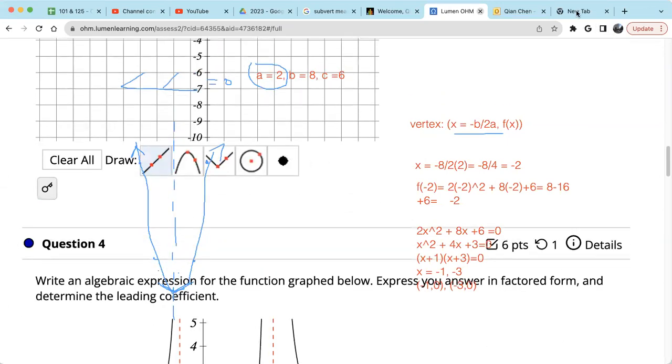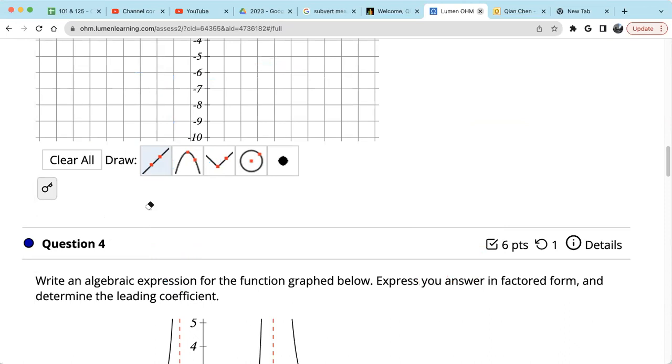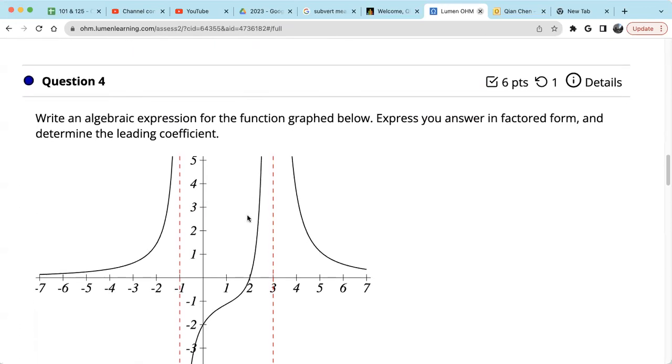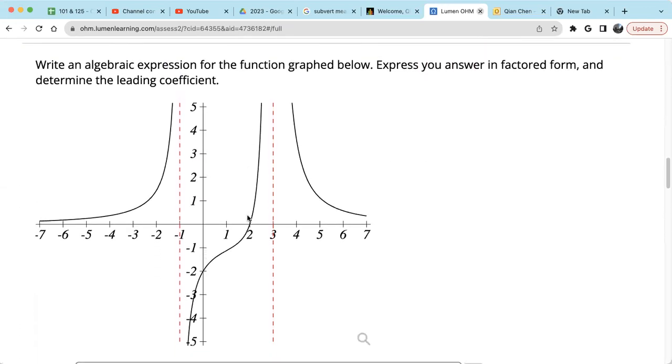I need to erase everything. Where do I erase? Oh, erase it here now. Yeah, clear everything, yes. Okay, now I cannot move this one up. Okay. Let's see number 4. Number 4 is a rational